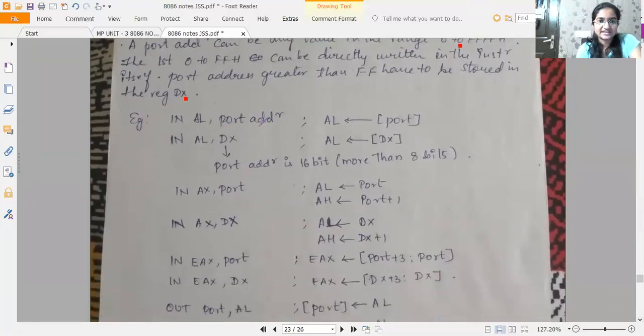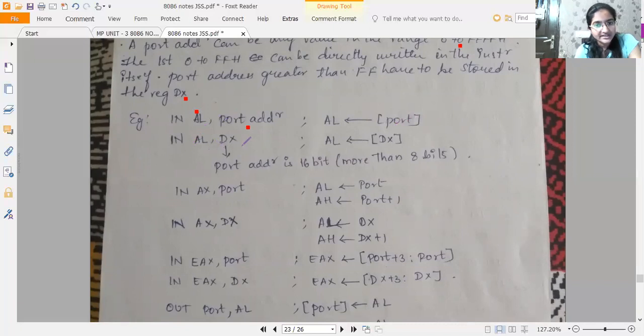For example, IN AL, port address means the port address here is less than or equal to 8-bit. Okay, it is lying between 0 to FFH. So that port address content will be loaded into the AL register. That is what is given here.